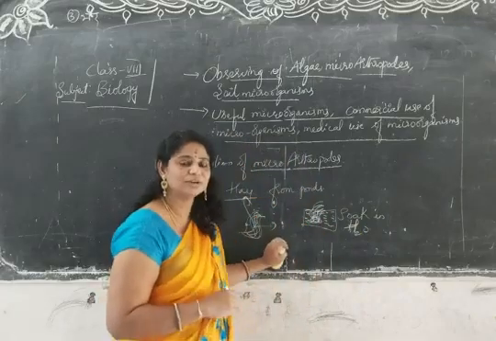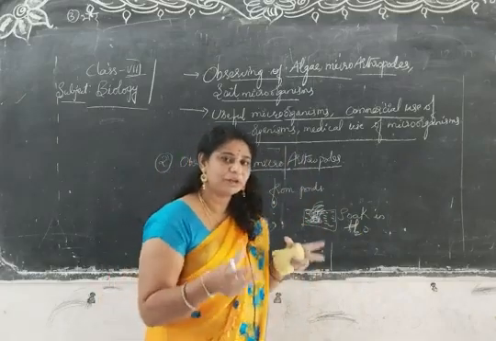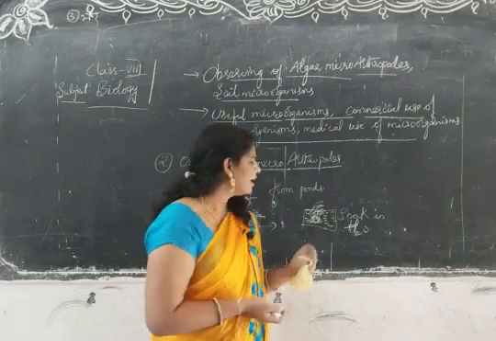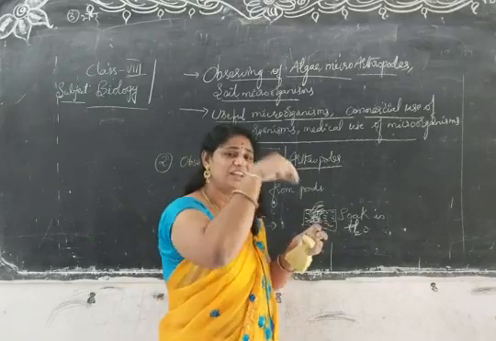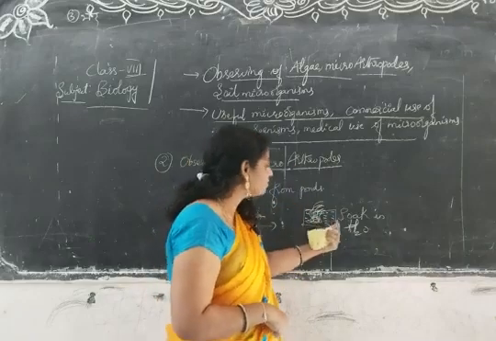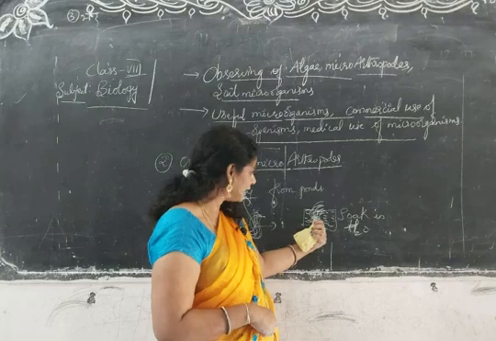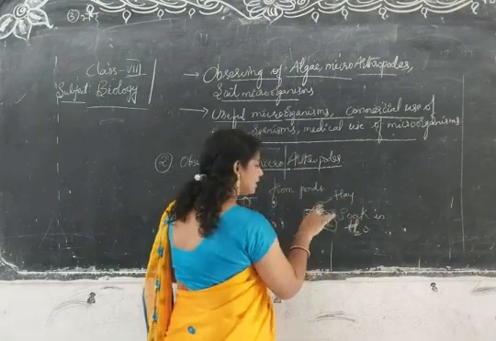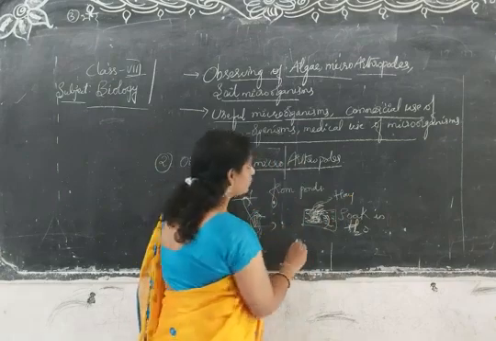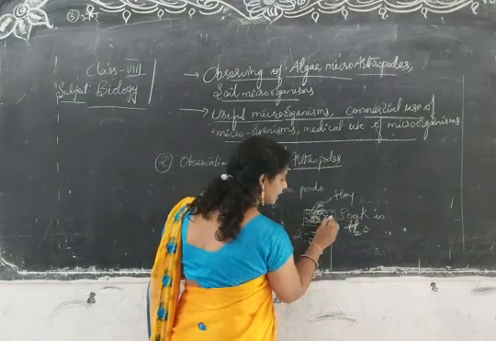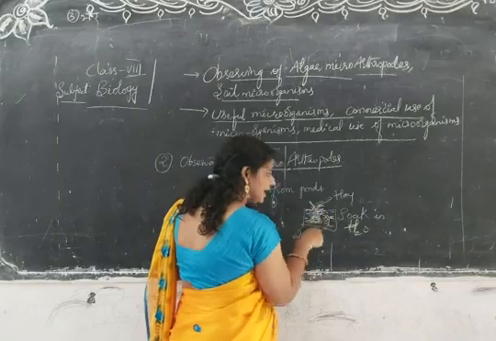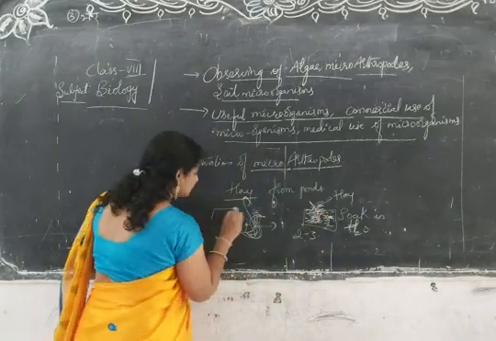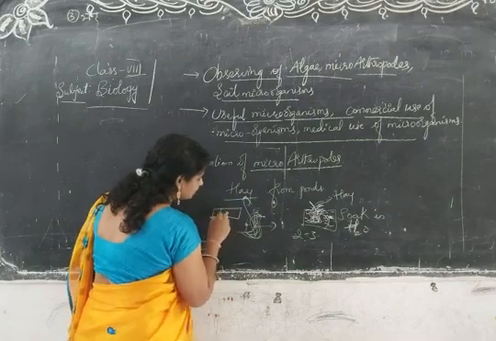In a decoction, we boil the water and add the tea powder. Here also, green leaves will be added. In the same way, here we are taking the water and adding the hay. It has to soak in water for about 2 to 3 days. Later we will take 1 drop of water, not the hay, and place it on the slide.